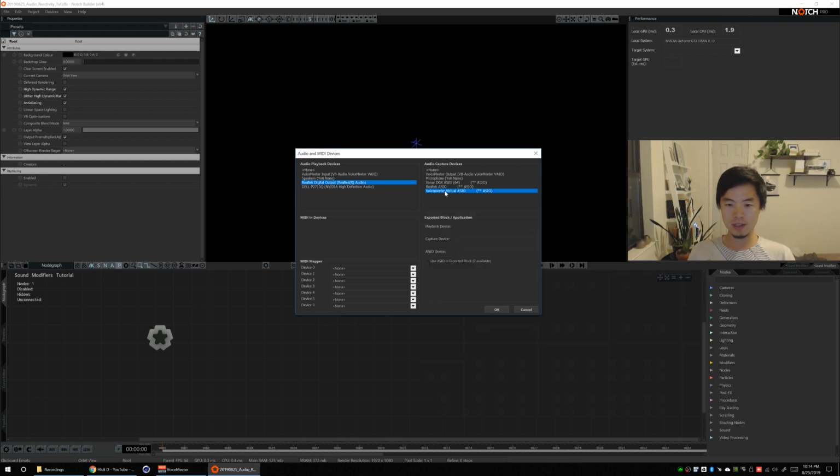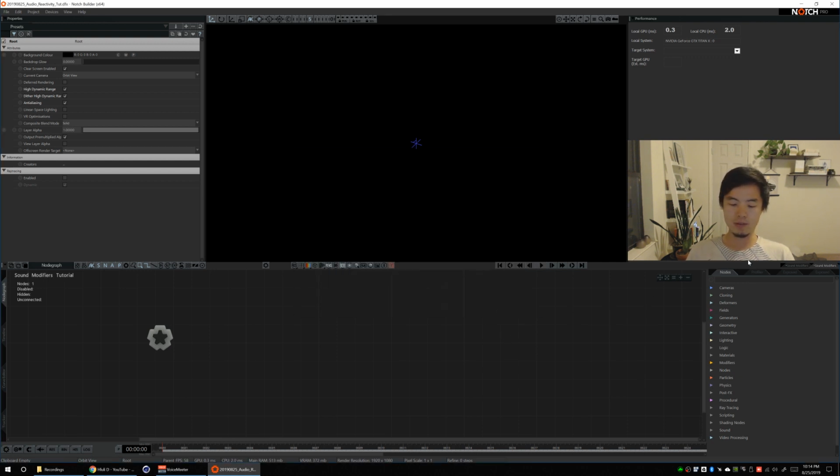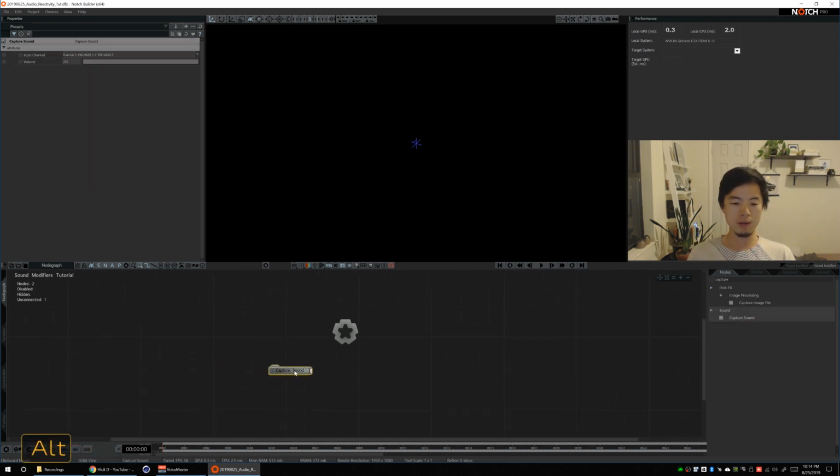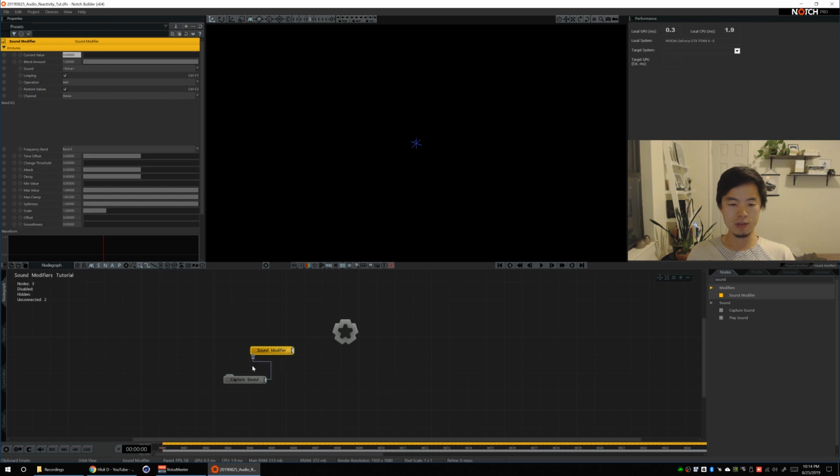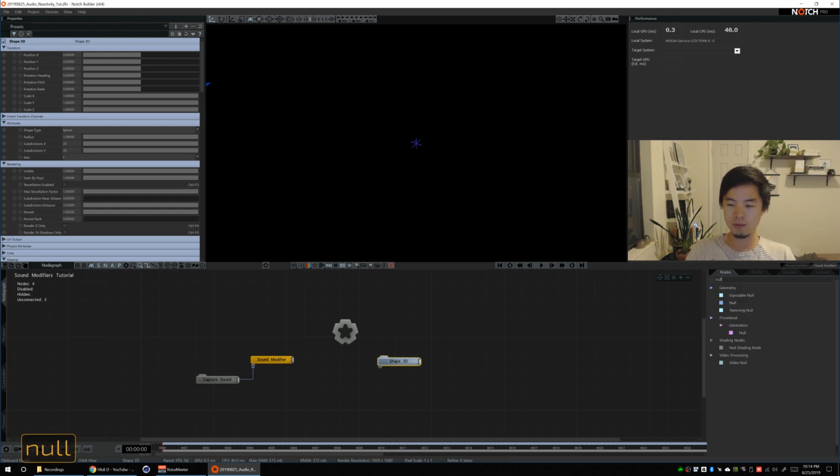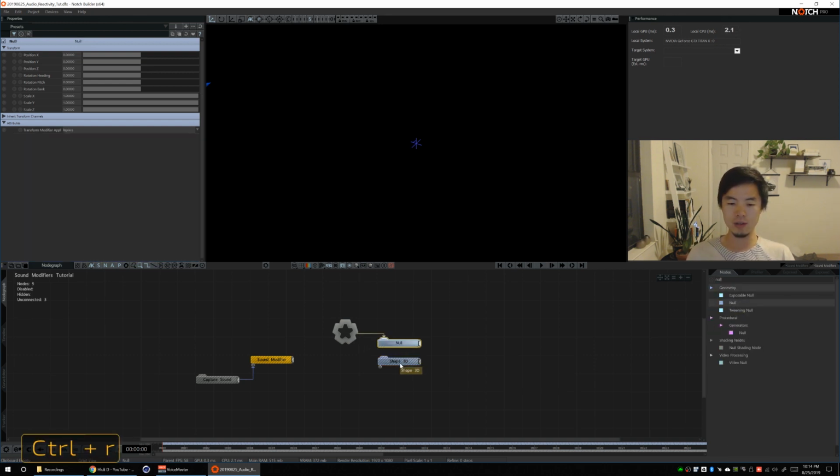So we go ahead and select that in audio capture here, and I hit OK. So then if we add what's called a capture sound node, that's the node that will let us use basically any audio input and route it through sound modifiers and things like that. If we start adding sound modifiers, we should immediately start to see some values. Note that you have to be playing for something to happen, and modifiers won't be active until you route it to something. So for now, I'm just gonna add it into a shape 3D, and we're just gonna scale